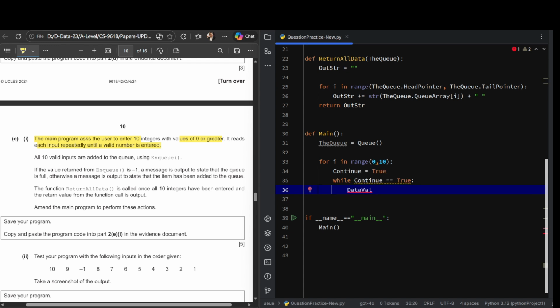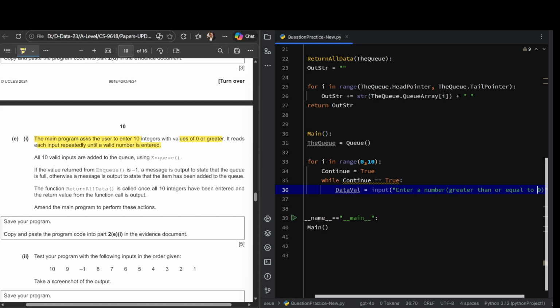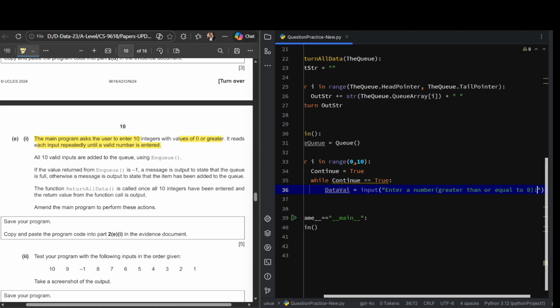All right, data value is a variable that will take the input, enter a number, must be greater than or equal to 0. All right. So this we will take from the user,